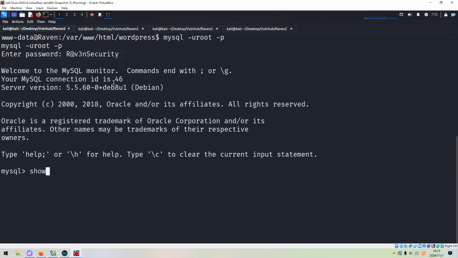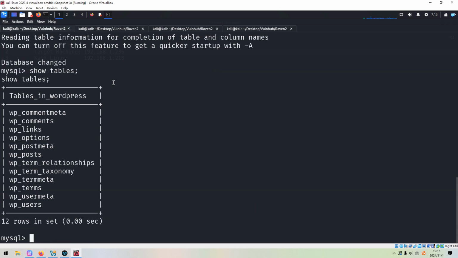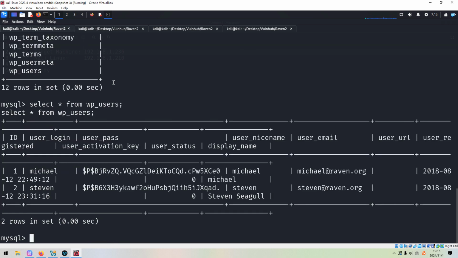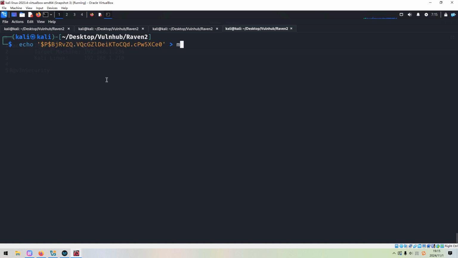Oh, sorry, we can show databases and use wordpress, show tables. And we can dump data from the users table. And you can get the encrypted password. We can save this hash to a file, hash, and then we can use John the Ripper to crack it.